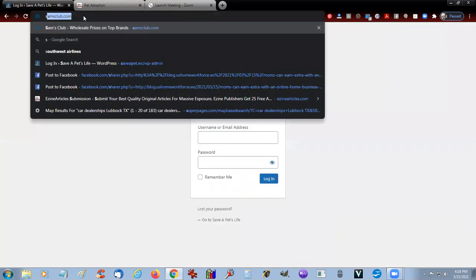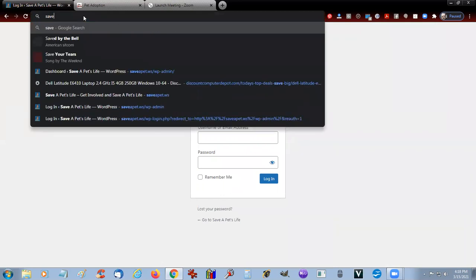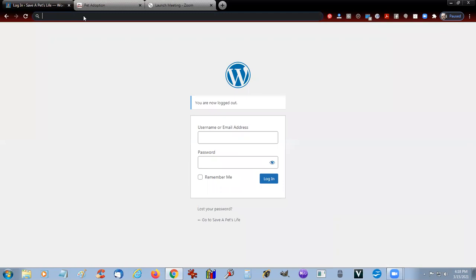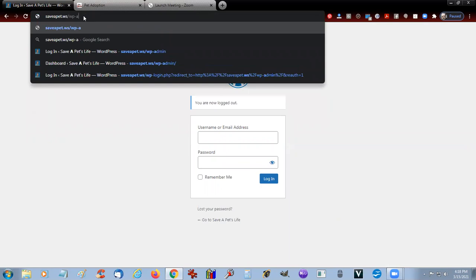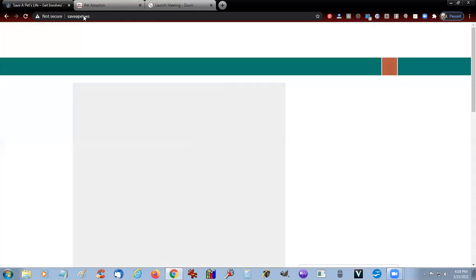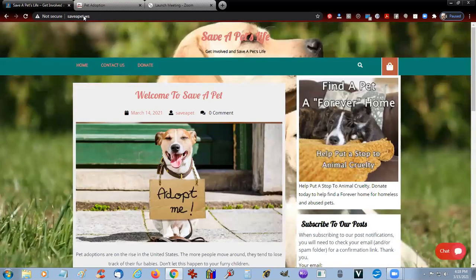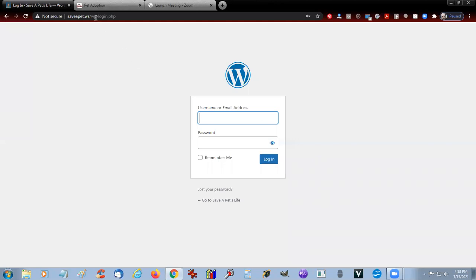And we're going to go back to Save a Pet. And we're going to back out the WP admin. And we're just going to log into the blog itself. And we've got the meta tag plugins installed on this blog. So what you can do is go down to the bottom of your blog and click on login, and it will also bring you back up to the WP admin, which redirects over to